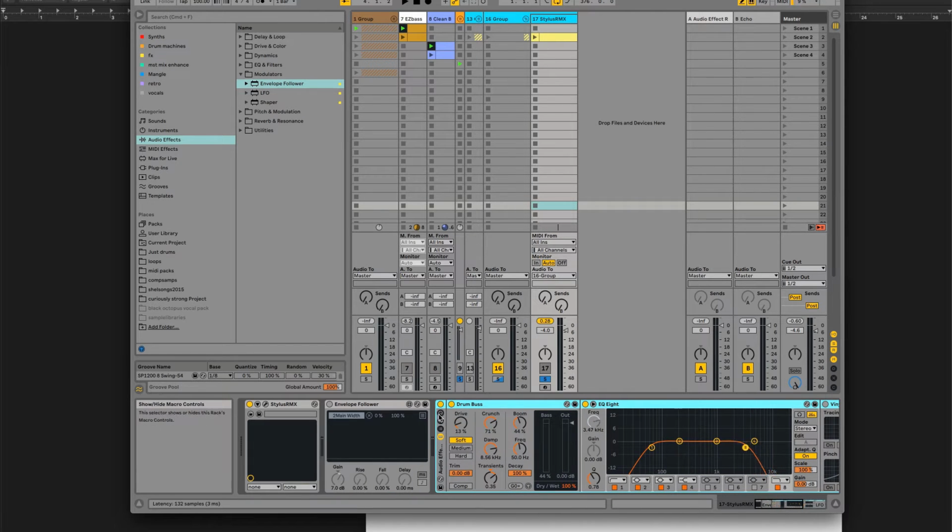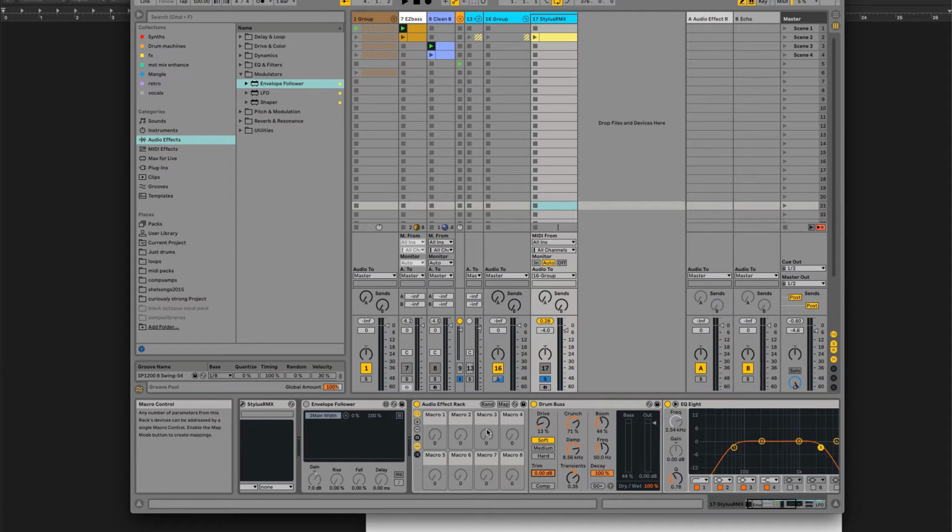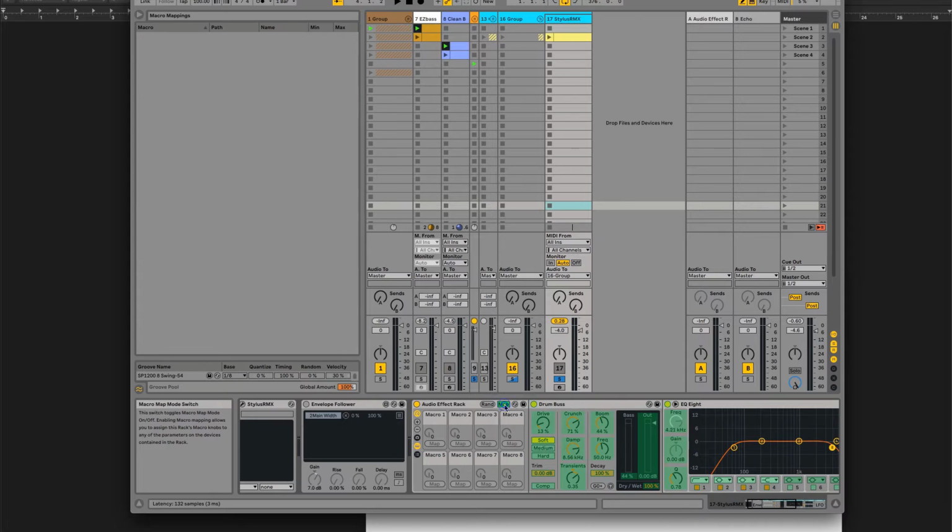One thing you can do with groups is you click on this knob button here and you have macros which you can assign to any of the parameters of the devices in that group. So for example, if I wanted to map the trim level, I hit the map button here,